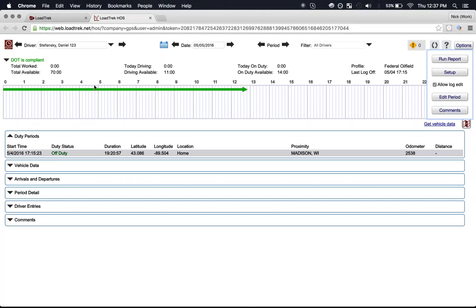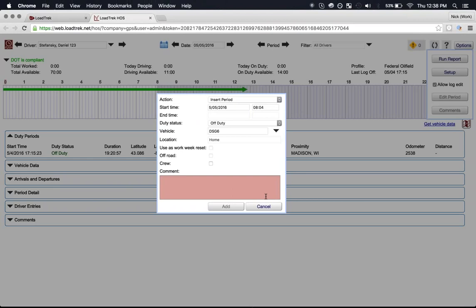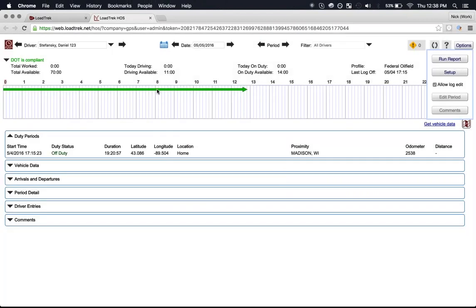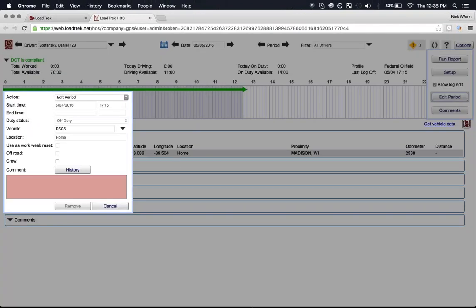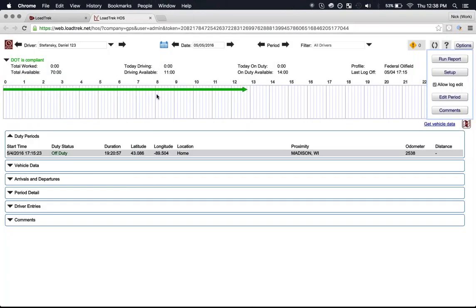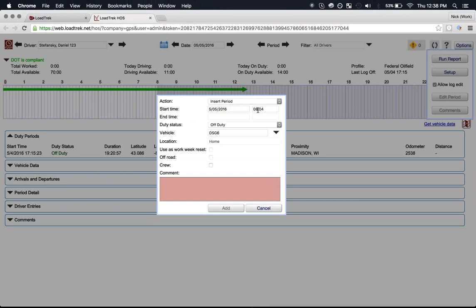because I want to click. Let's say he was supposed to start this morning at 8 o'clock. So what you have to do is you can double click anywhere you want and it'll pull up the editing, or you can click on the period and hit edit period. So again, I just went a little past the 8 and I double clicked, and you can see that it threw me in at 8:04. So you want to make sure that you set this time to what you need it exactly to be set to. Right now I just threw it to 8 o'clock on the dot,